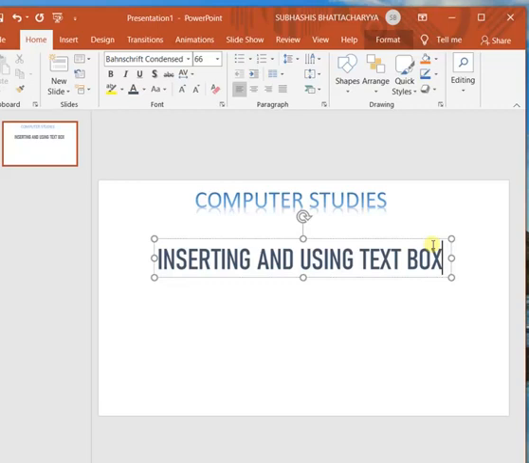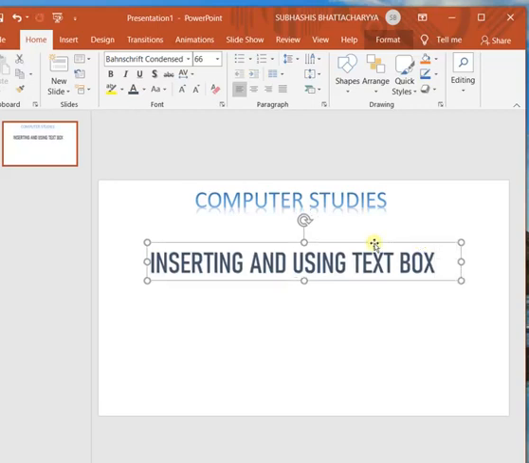Now, specifying alignments. The text within the text box can be aligned. Alignment in a PowerPoint slide means the position of the text with respect to the border lines of the text box.